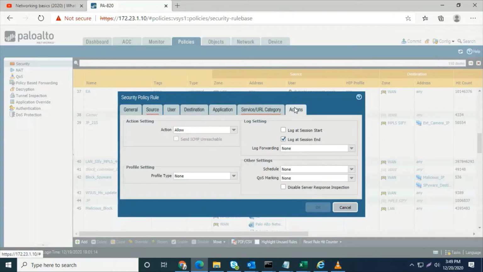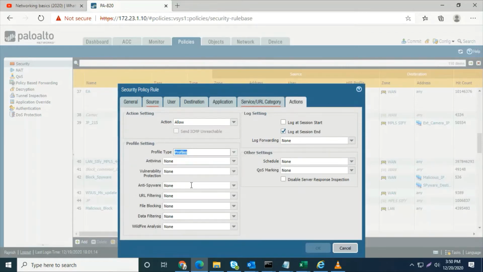And the action we apply to the profile type, and there is the profile. In the profile is a multiple suites of contents: antivirus, vulnerability protection, anti-spyware, URL filtering, file blocking, data filtering. All these are content ID.